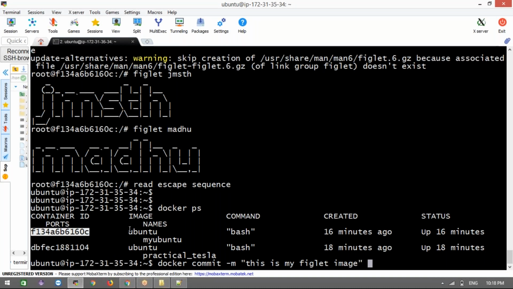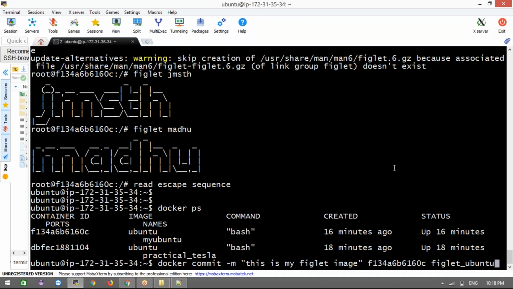Okay, now next we need to give the container ID. Remember this container ID, whatever container we took. What does this container ID contain? Ubuntu software along with figlet software. And then my figlet Ubuntu, this is your custom image name. Ubuntu is there, right? Remember, I won't give my Ubuntu, because you guys will get confused. Ubuntu is a container name, again, this is an image name.